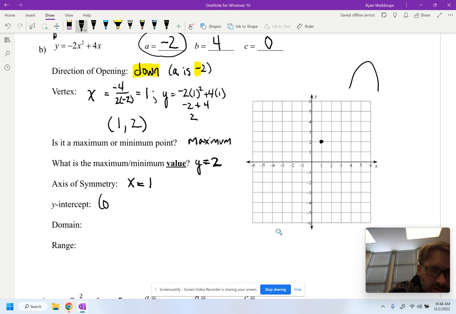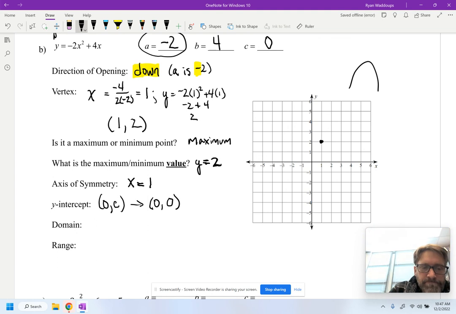Remember, it's 0, c. And we didn't initially have a c until we realized, oh, wait, c then is 0. So the y-intercept is 0, 0. And the domain is always from negative infinity to positive infinity. And the range, because